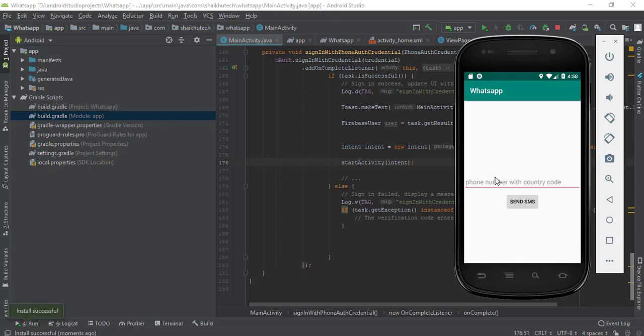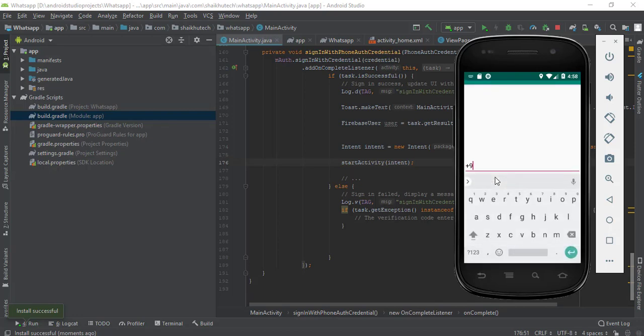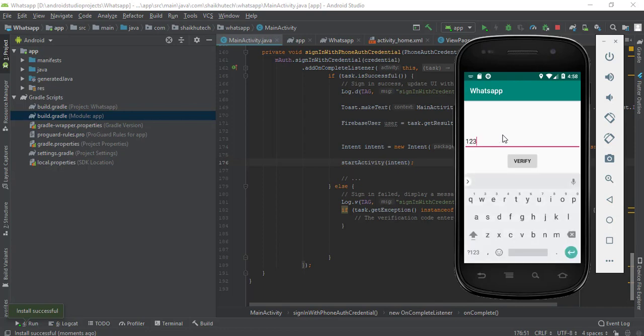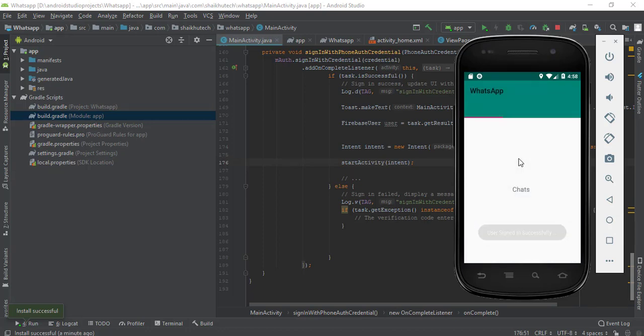So I'm going to register or sign in, so 611, and now we need to verify. I'm entering the code. Perfect. So we have